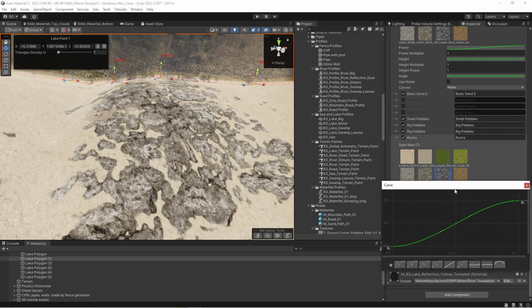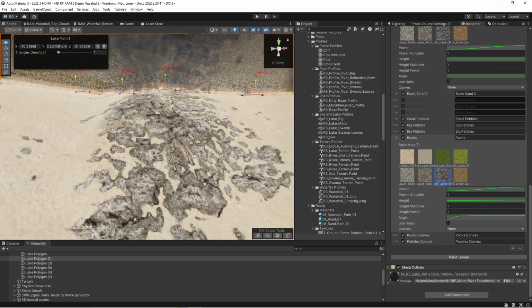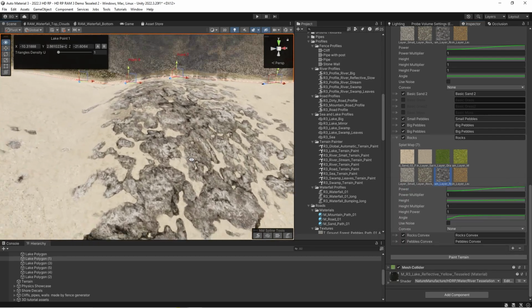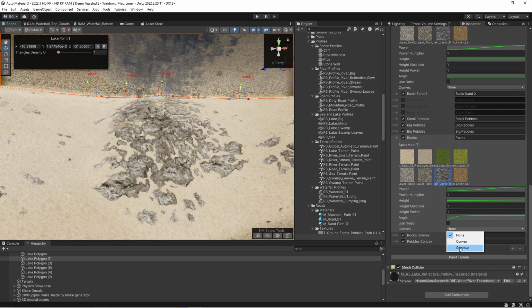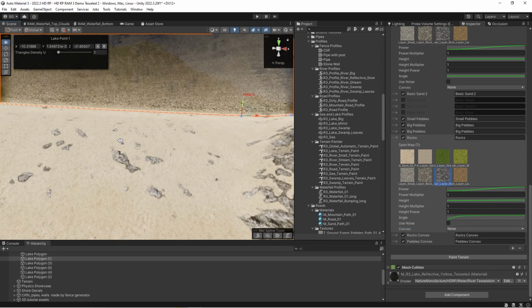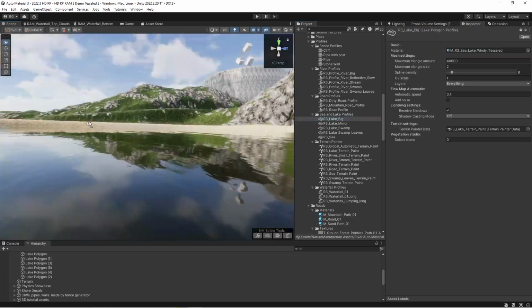You could of course add noise to that, so the spline will be really messy, but it will probably give the best result. And you could paint with noise and without, and by convex and concave rules,